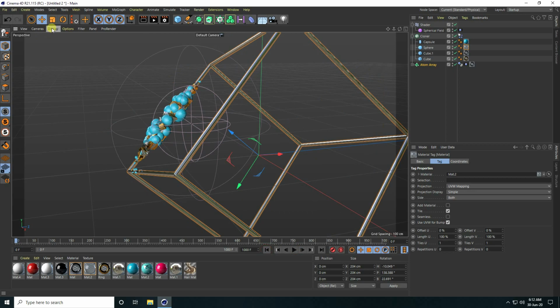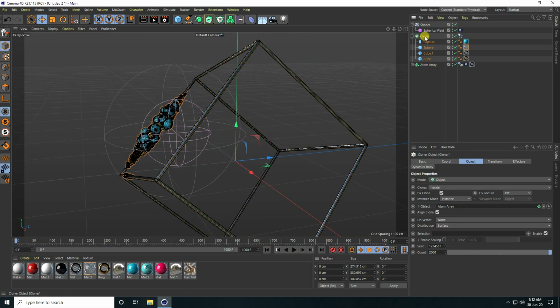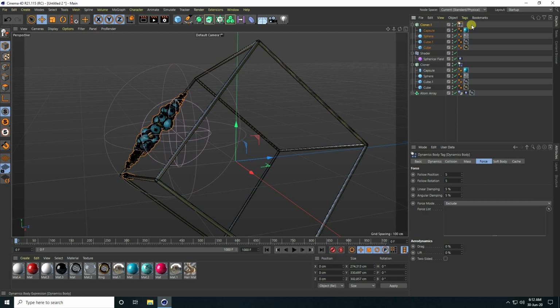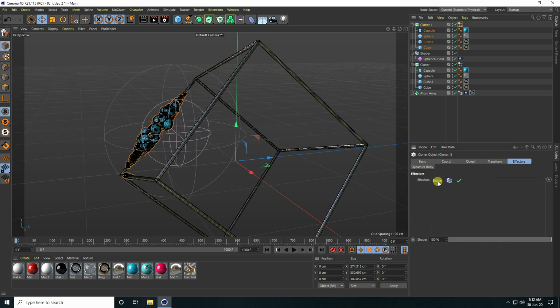I create the second one. So select this Cloner, this one, and copy, press Ctrl C and V. Yeah, and guys, go to here, that's my tag, and Follow Position 0 and 0, right? And I go to Cloner and guys, delete the Shader Effector, delete.